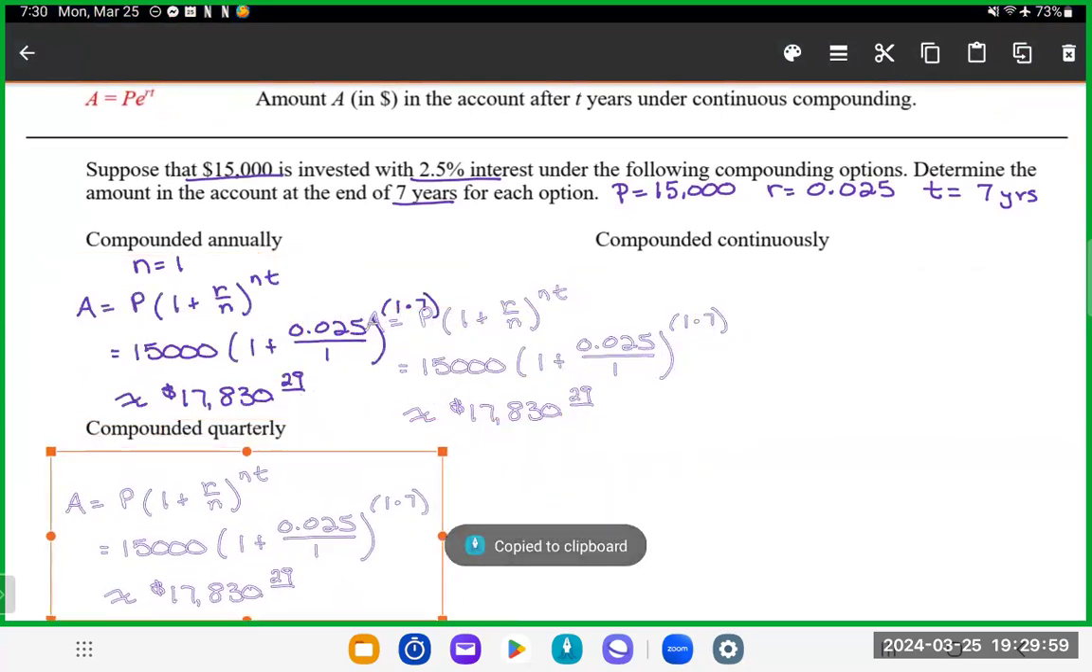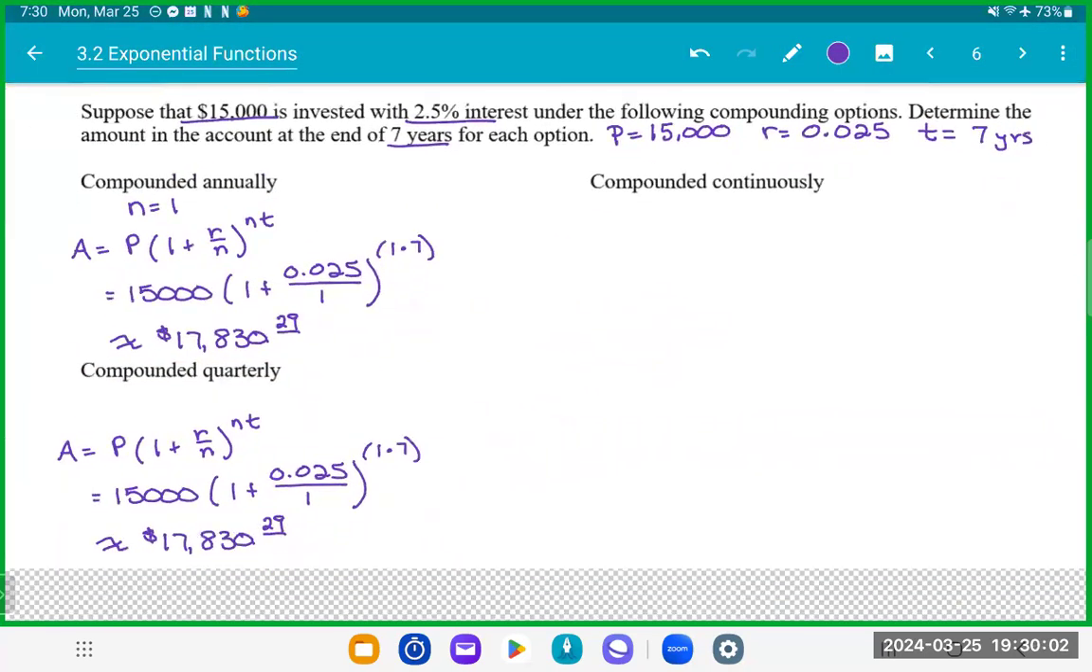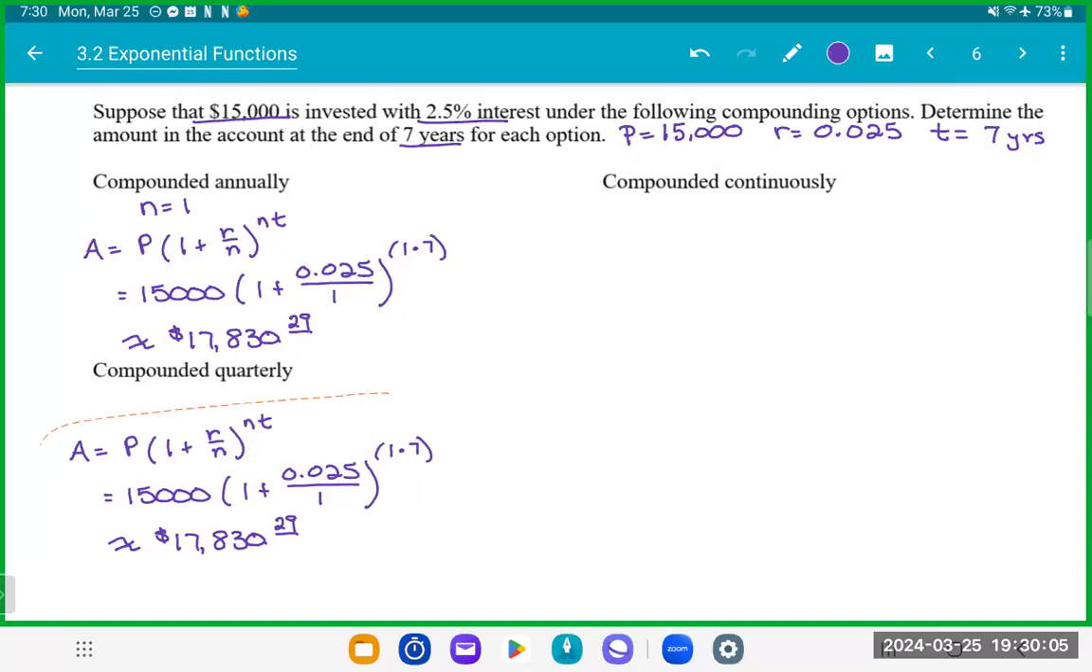Let's copy this down here for our quarterly one. Change the color. I'm going to actually just change the font of the things that we're going to change. So in this case, now my n is equal to quarterly. So my n is equal to 4. So that changes in those locations of our equation. And we will simplify that down to